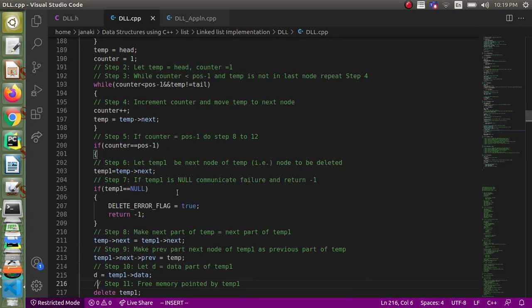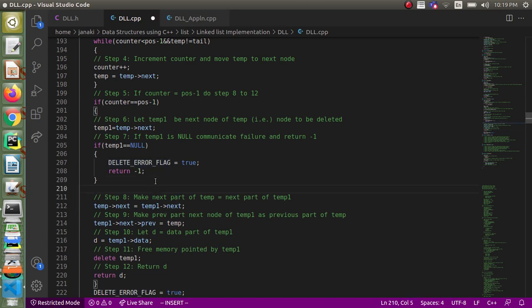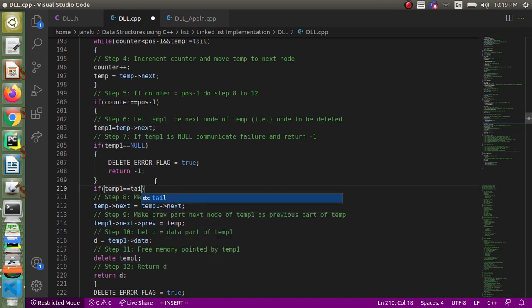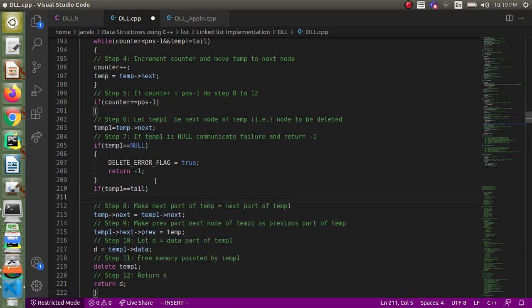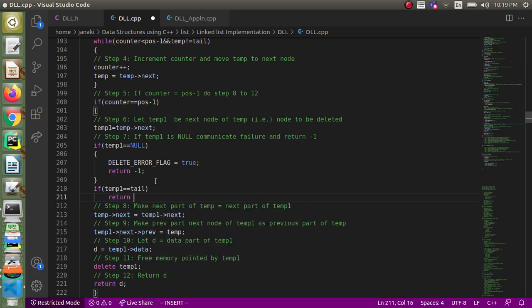And one more thing that I have to handle is when we are trying to delete the last node. We discussed in the algorithm how you will know that you are in the last node: when your temp1 equals tail, we can understand that we are trying to delete the last node.